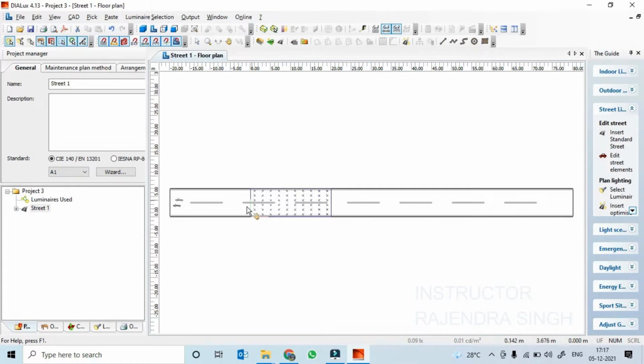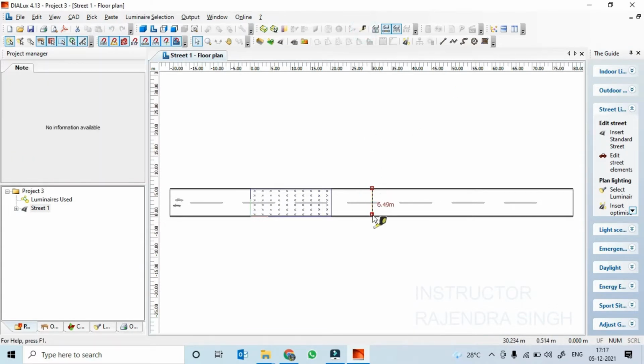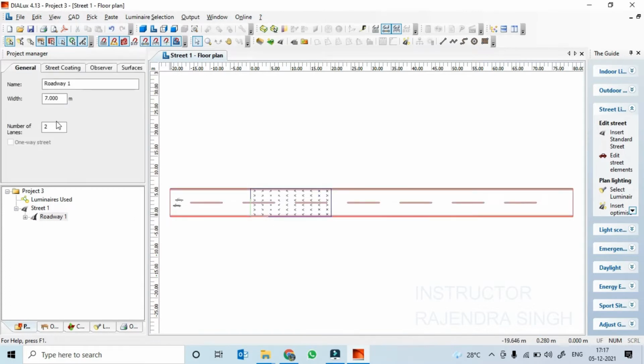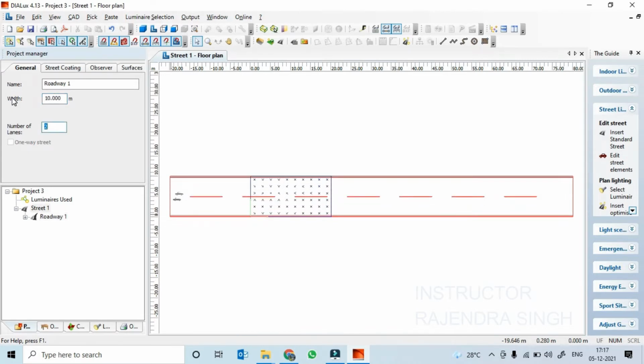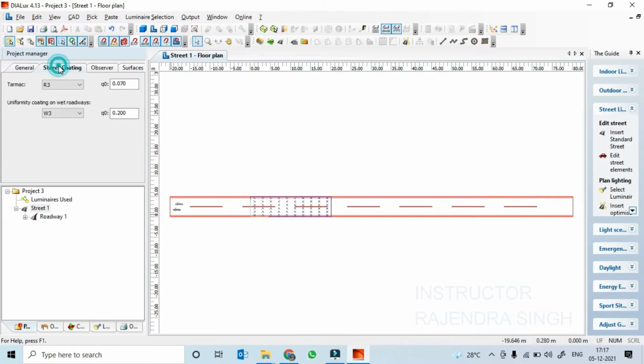So the street light width which you can see here is a standard street light given 6.5 meter around, road shoulder to road shoulder distance. You can modify it also based on your requirement, right? So roadway width is 7 meters, or 10 meter also, just for the sake of standard calculation. Or we can do a standard 5 meter road for one sided calculation to have a look onto the surface. So the road coating we can update accordingly.